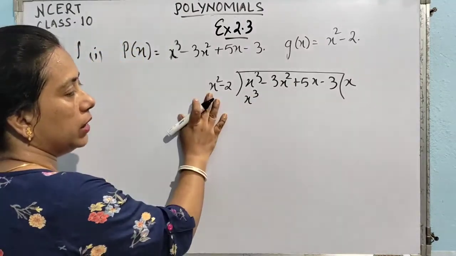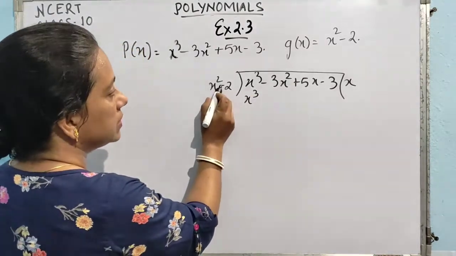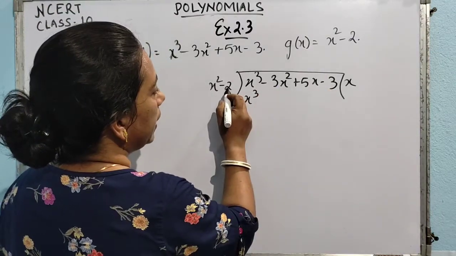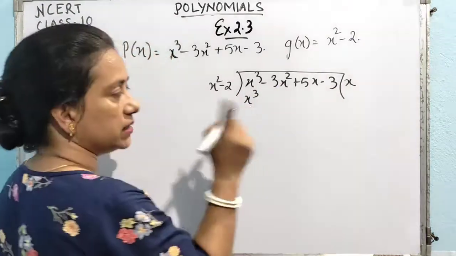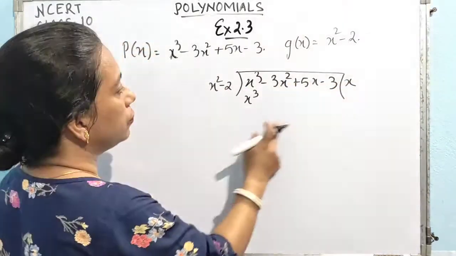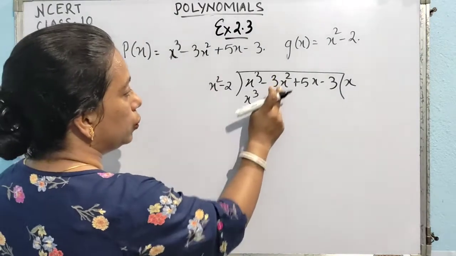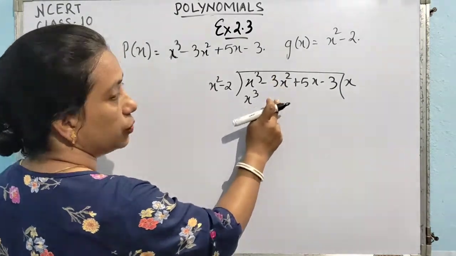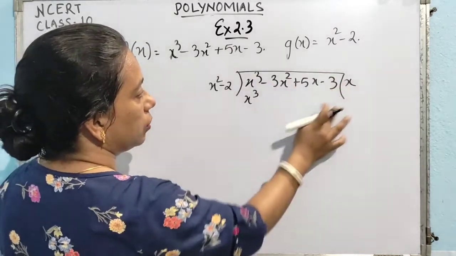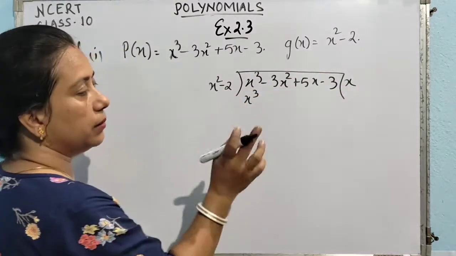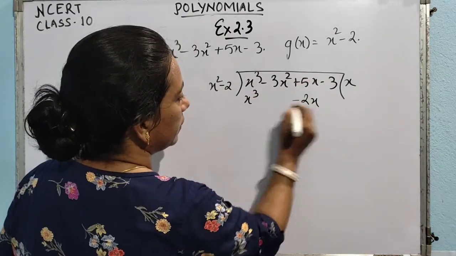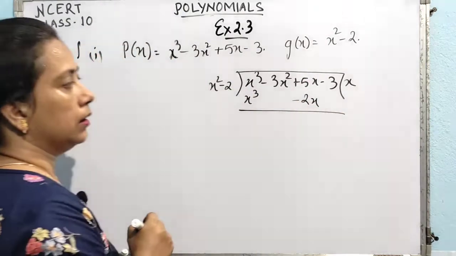Now only the first term has gone. What about the second term? This is minus 2. Now minus 2 has to be multiplied with this one. Minus, and here plus means plus minus minus 2 into x, 2x. Now you have to go for the like term. You cannot put 2x under 3x square, because these two terms will be unlike terms. So you have to search out where the term having the variable x is there. So minus 2x will be lying just below 5x. Done.